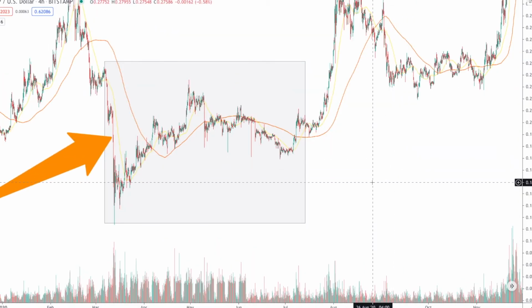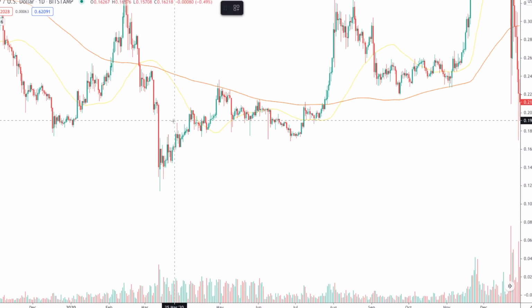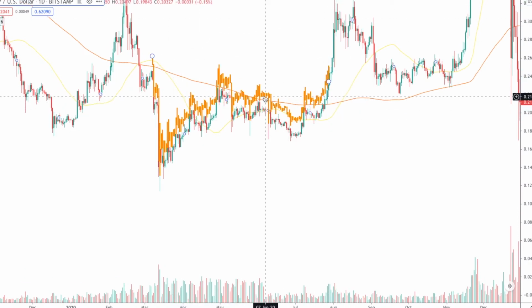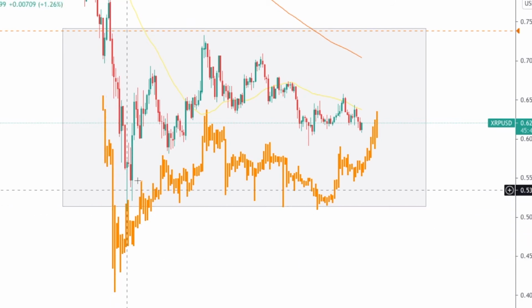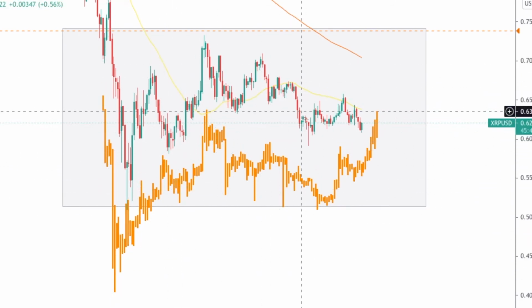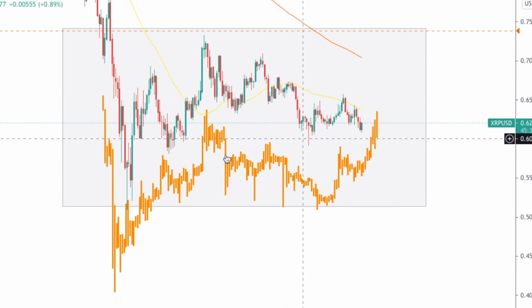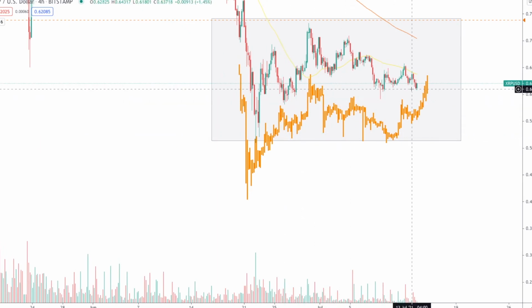Let me put them side by side so you can see what I'm talking about. Let me just grab this fractal. You cannot tell me these don't look similar, right? Initial sell-off, roll up, something that looks like a head and shoulders pattern, slight breakdown if it's a crooked one, and then we see these lower lows that we had back here, which is going to be about these ones,